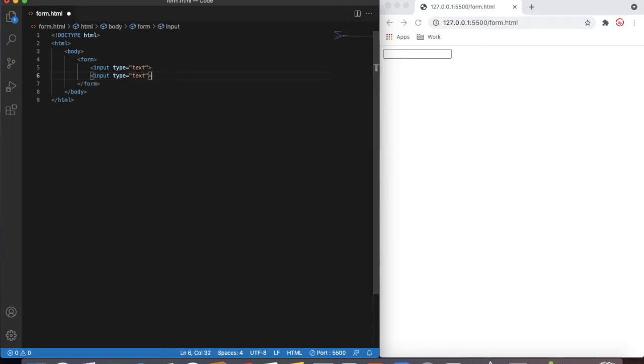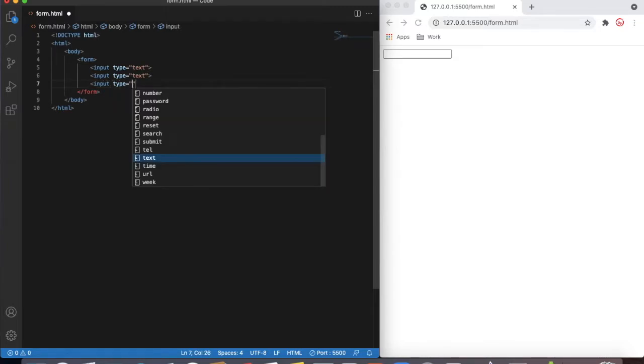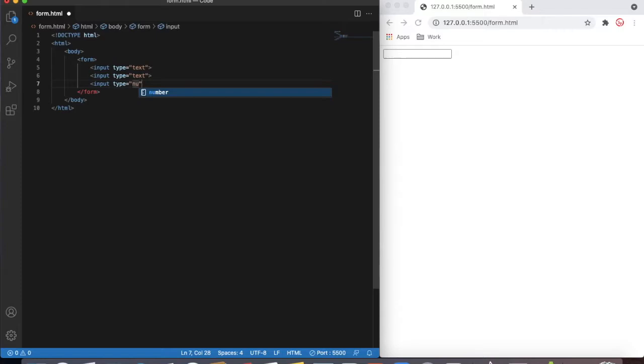I'll put that, and then I'll put the input type number, and then one more input type email, and save that. So four inputs we have taken, but if you see, these four inputs, if I expand the page, are side by side, and this doesn't have any label saying which input is for which.